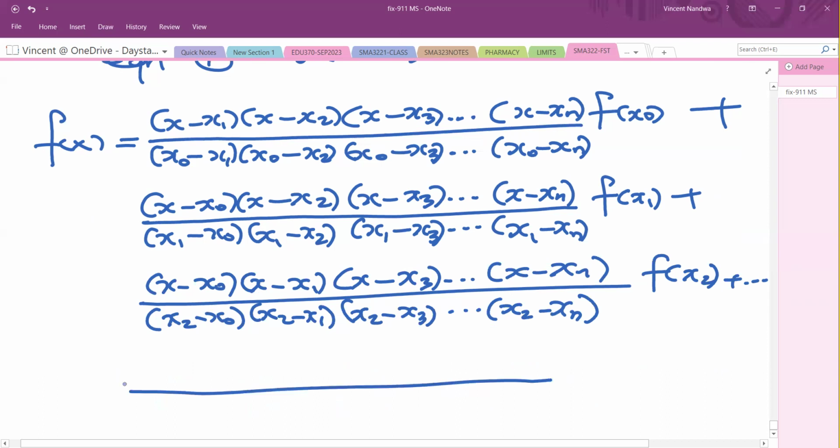The nth term will be x minus x naught, x minus x1, x minus x3, up to x minus,